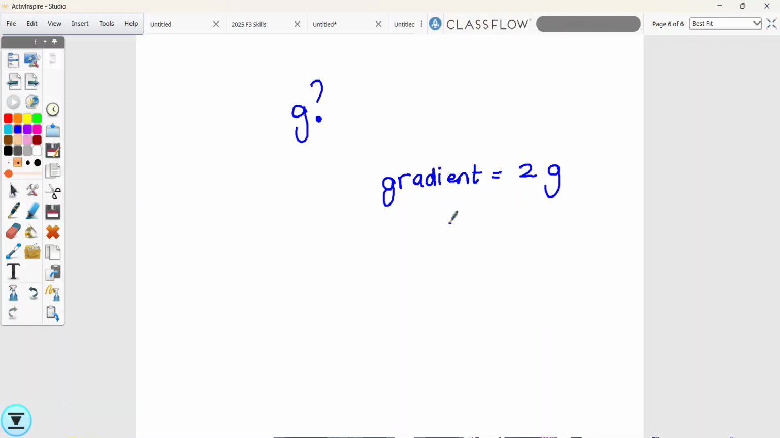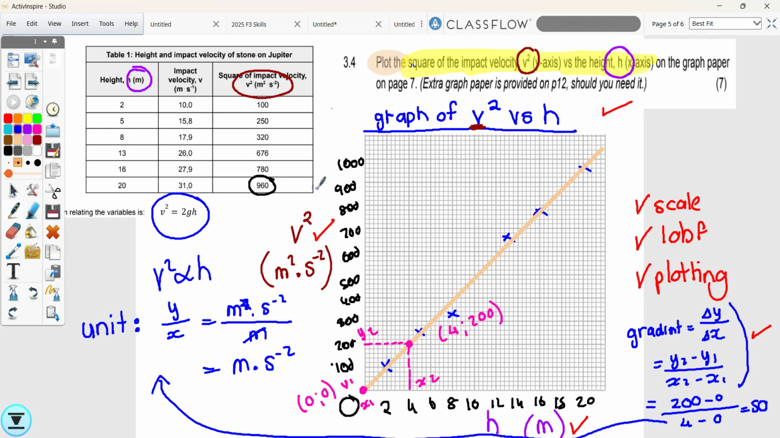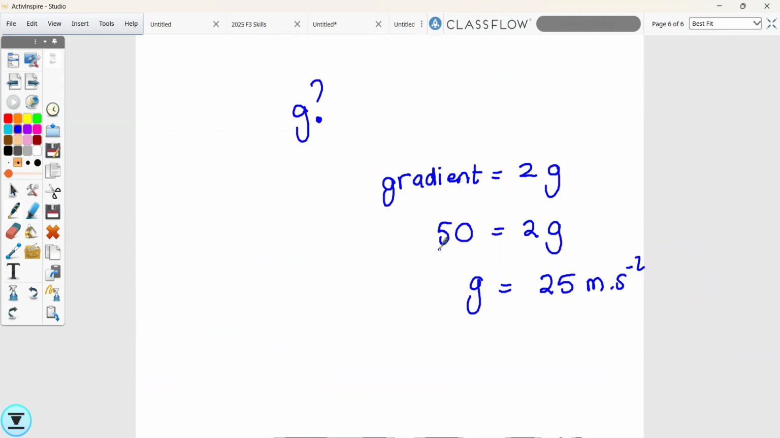We know that the gradient is 50. So if 50 is equal to 2g, what is g equal to? 25 meters per second squared. Was this happening on Earth? No, on Jupiter. Jupiter. I was just thinking, why was that bugging me? Because probably the next. Isn't it going to be like 9 point something? Yes, g is 9.8 on Earth. So guys, if this was happening, and this is also exams